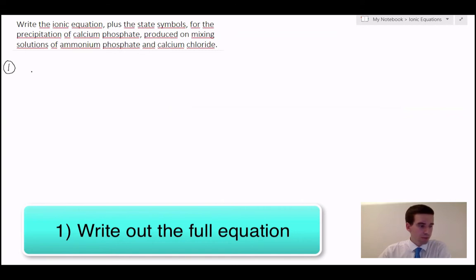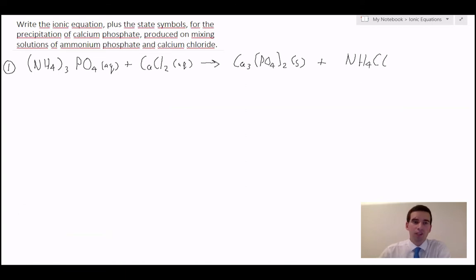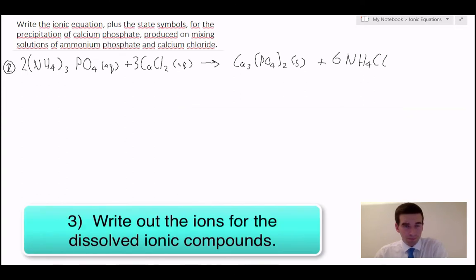So we have ammonium phosphate solution plus calcium chloride solution. Now this makes calcium phosphate. Because this is a precipitate, that means it's a solid, and we also have ammonium chloride. Okay, that was step number 1. Step number 2 is to balance the equation. Step number 3 is probably the hardest bit,